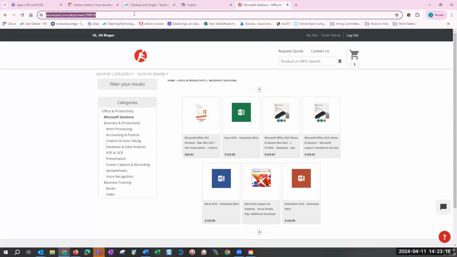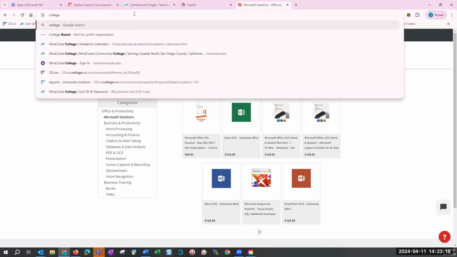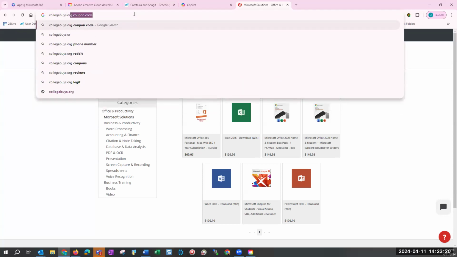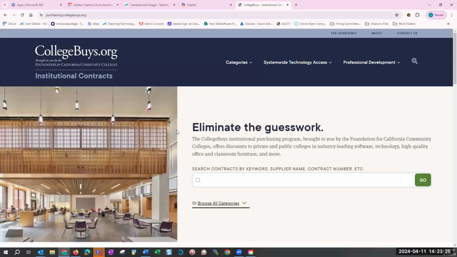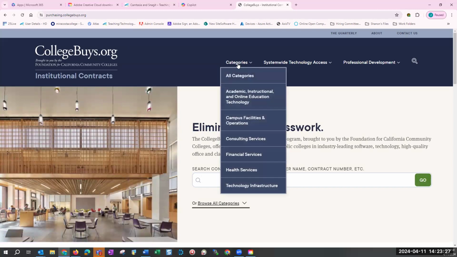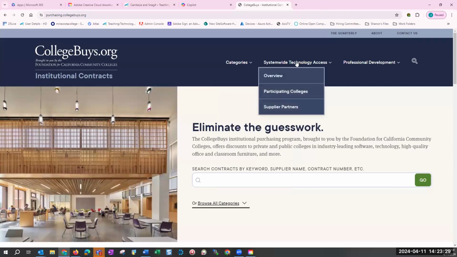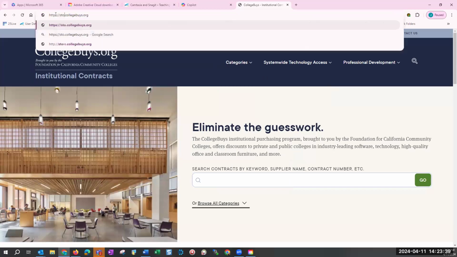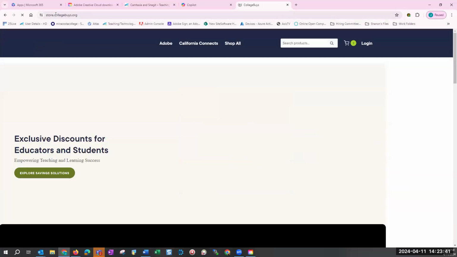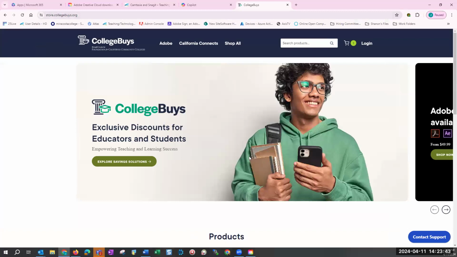The other one is collegebuys.org, and this is only for Adobe. Oh, and they changed it on me again. It's store, not purchasing. Store.collegebuys.com, a little bit different. So now you get to buy.